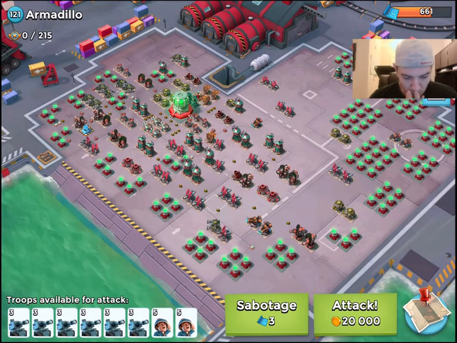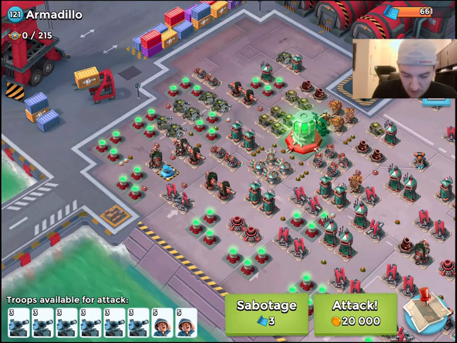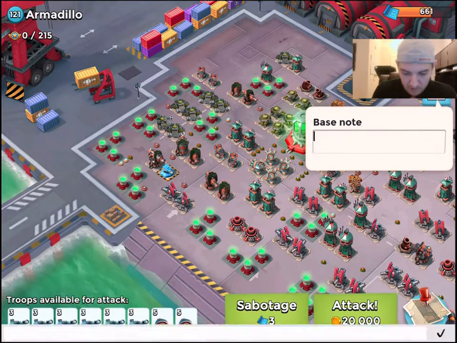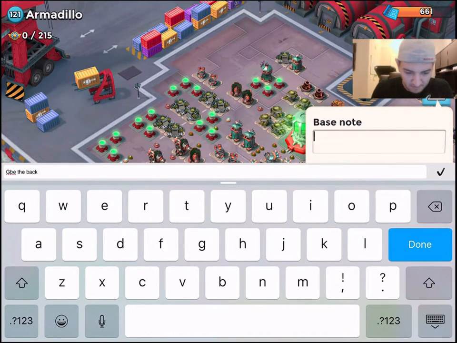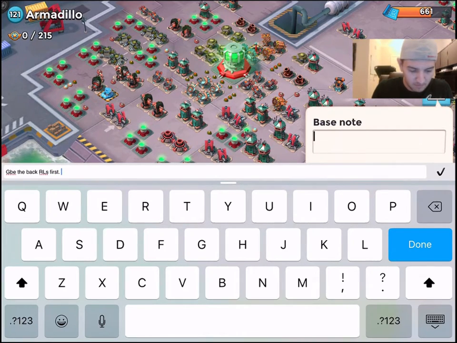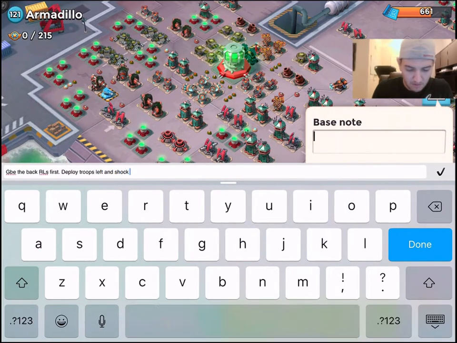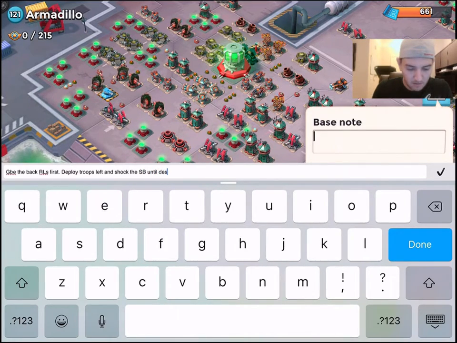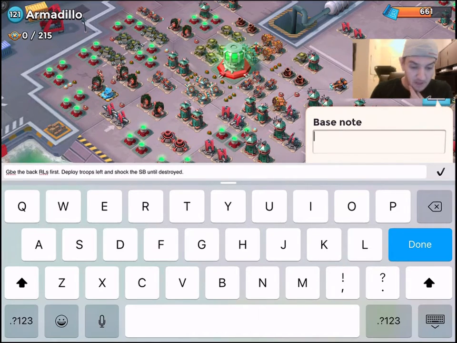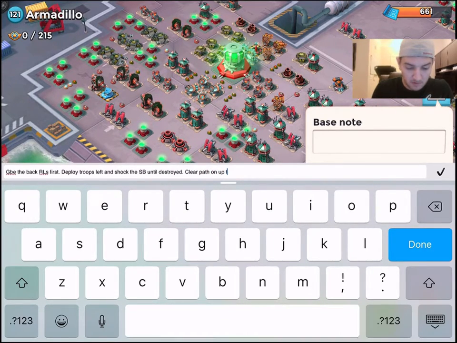Looks like it's going to be best to go left. Go ahead and knock this stuff out in the beginning. First, we're going to need to... Ooh, that's got so much health. I need to GBE the RLs first. The SB stands for Shock Blaster. Let's see here. So then, clear path on up to the...